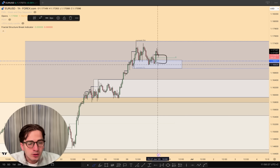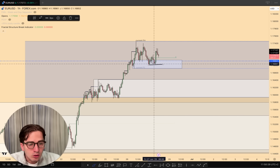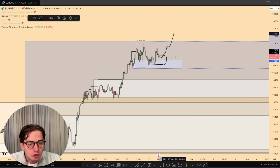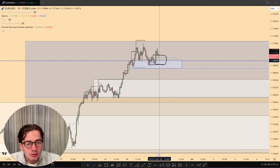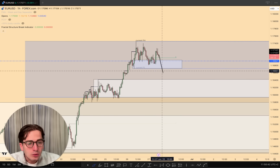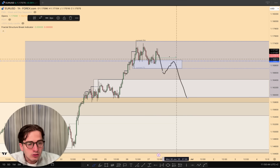Here we have a 1 hour demand zone. It's not very strong because we still have equal lows resting over here. So yes, the market at any point in time can push up higher. I'm not looking to short from this level. The only short or short-term short that you could take is, let's say we start breaking below the 1 hour fractal, we trade the pullback back down. That would be